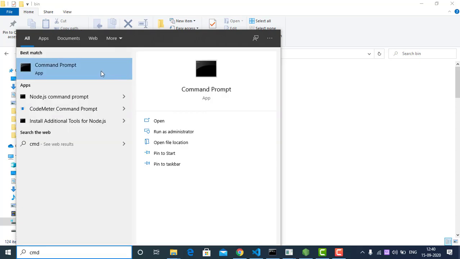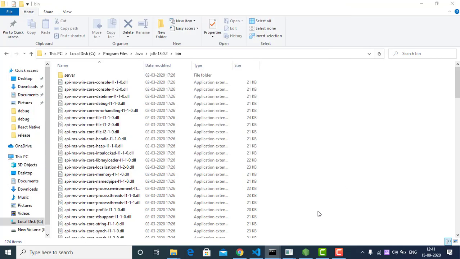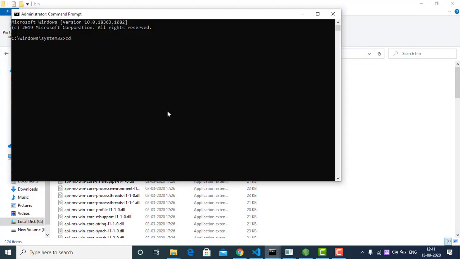Don't forget to run as administrator. Then we are going to redirect to this folder. Now we are in the Java bin folder.